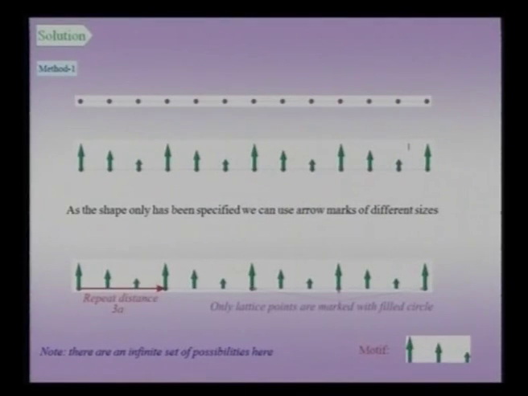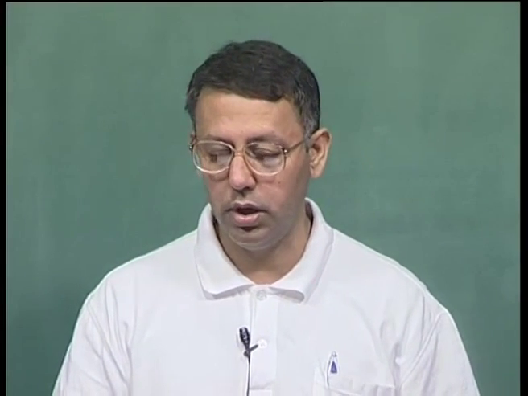I will see that there are 3 methods by which I can do the solution, and method number 1 is, as I pointed out very cleverly in the question, I only have a shape which has been prescribed to me. I have not prescribed a color, I have not prescribed a size, I have not prescribed an orientation to that kind of an object. So that is the freedom which I have in my hand to choose,